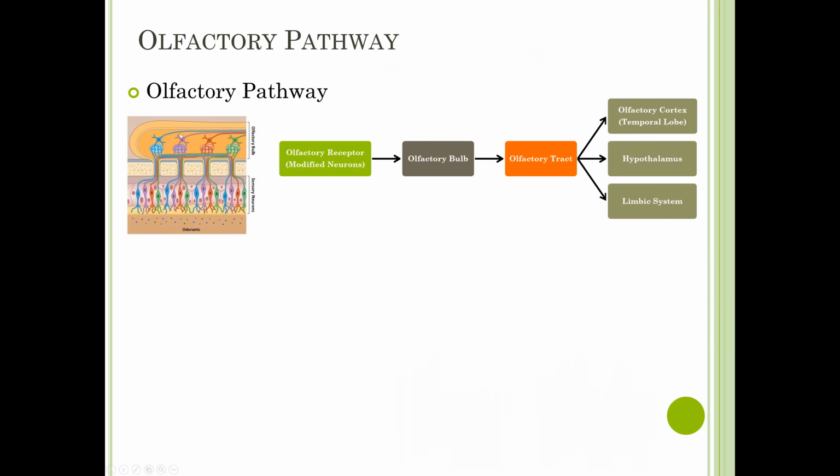The axons from the olfactory receptors will pass through the ethmoid bone and then form a synapse onto the olfactory bulb. Note that these olfactory receptors, these modified neurons, are what we call cranial nerve 1, which we covered last semester. Last semester we mentioned that cranial nerve 1 is these short little nerves that go from the top of your nasal cavity up to the olfactory bulb, and now you can understand that a little bit more.